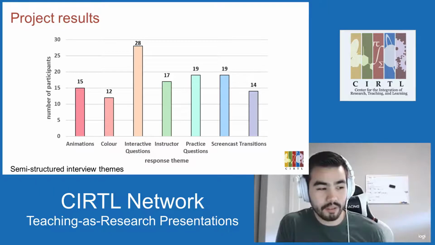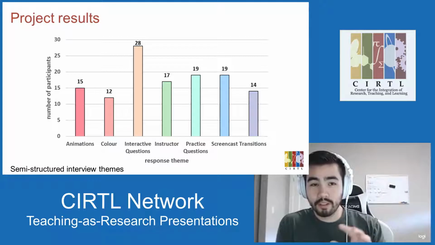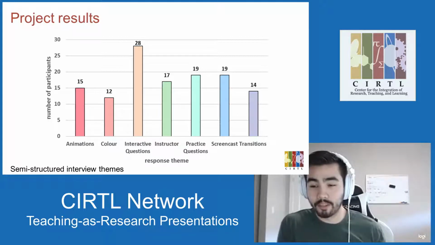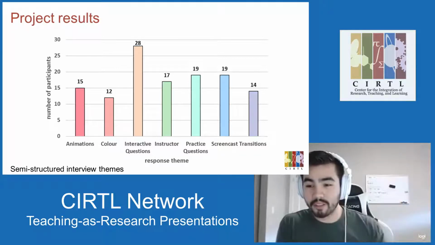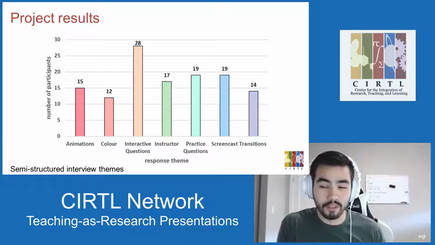Practice questions, students just ask for more practice questions at the end to keep practicing. And transitions. So earlier I said part of the triangle, we had these 3 segments. Instead of just blipping to each segment, we had a 2-second animation of the little instructor avatar jumping over to the next segment. And that little 2-second pause, the students said, gave them some breathing room, some time to reflect on what just happened before jumping into the next section. So that was interesting as well.